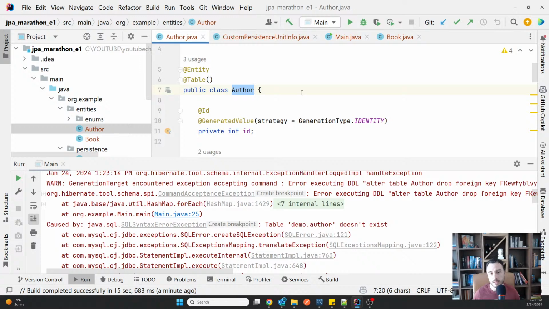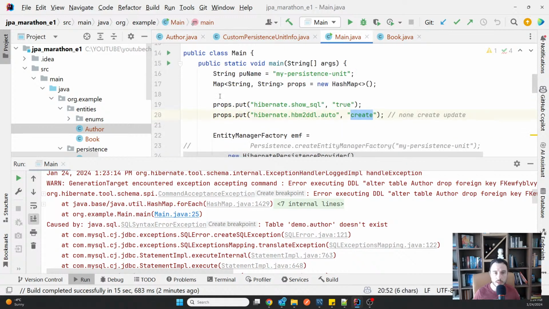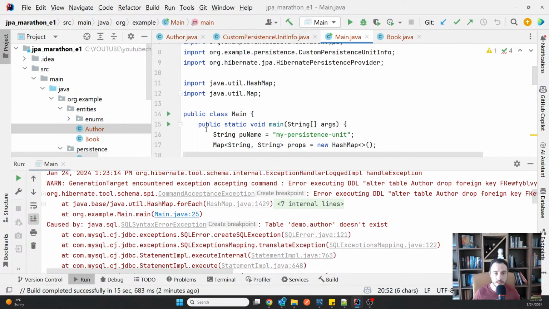So author being a reserved type name in MySQL, it of course failed with these errors that you can see here. So what I'm gonna do is I'm gonna just name it authors, just for the sake of my example, and now it should work. So be very careful with the namings you choose to not overlap with keywords in the technology that you are using.